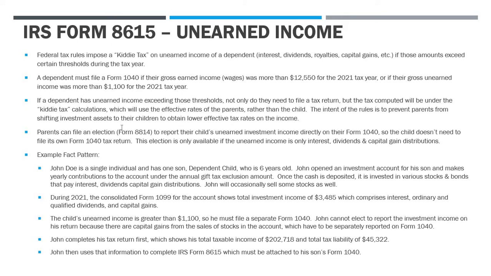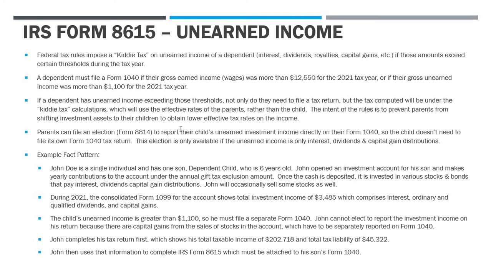Now, parents, if they don't want to file a separate return for their kid because it's too cumbersome, they can file an election to report their child's unearned investment income directly on the parent's 1040, right? So the child doesn't have to do its own tax return. The one drawback, well, there's two drawbacks. The first one, though, is this election is only available if the unearned income is only interest, dividends, and capital